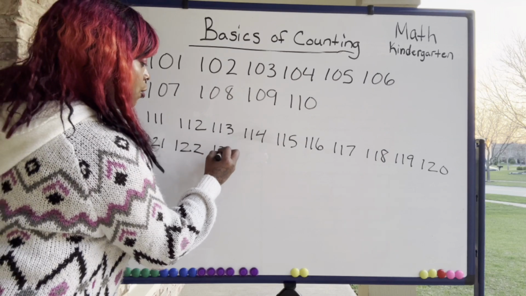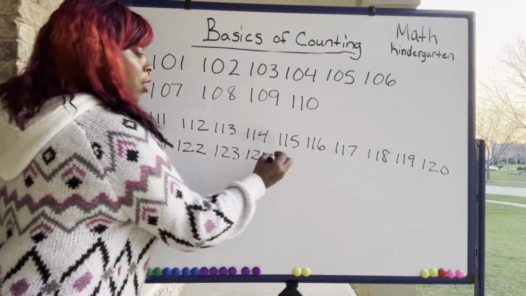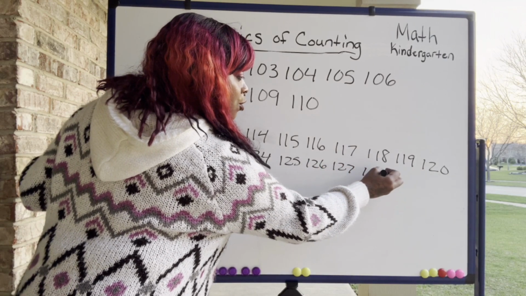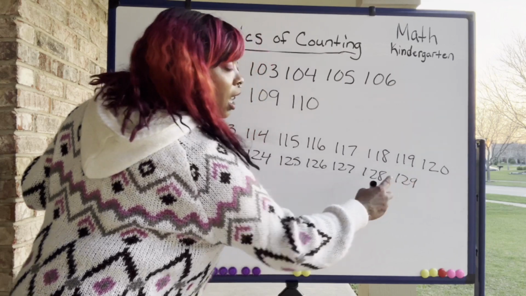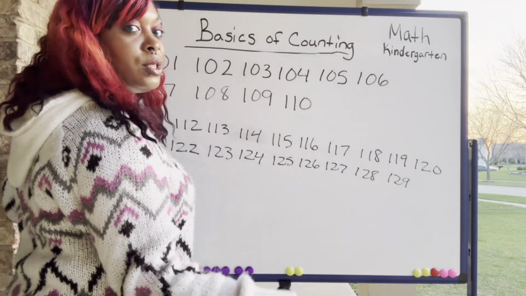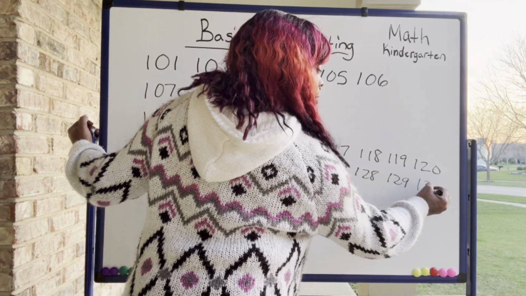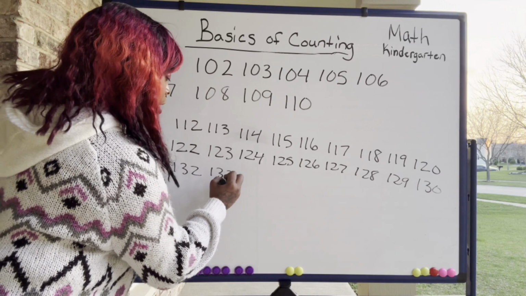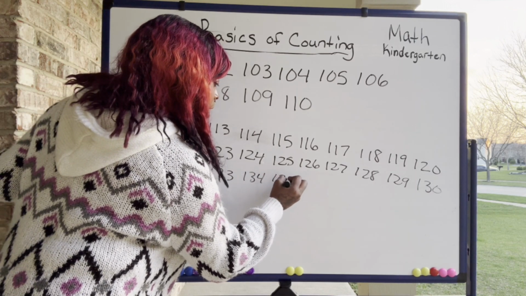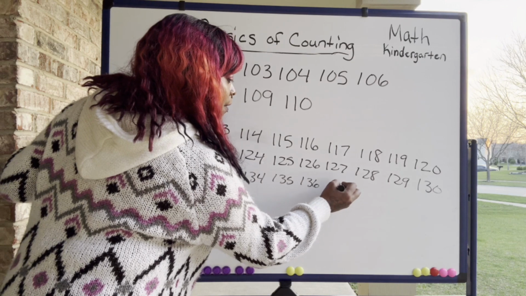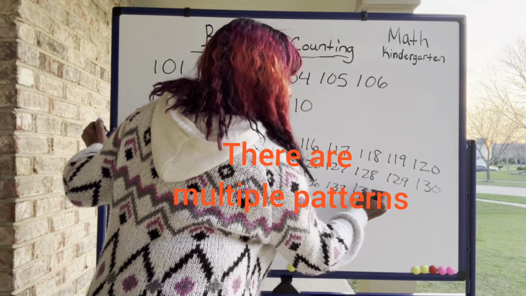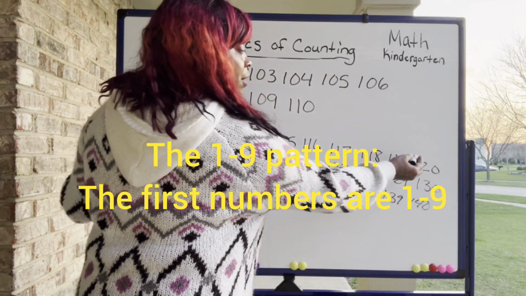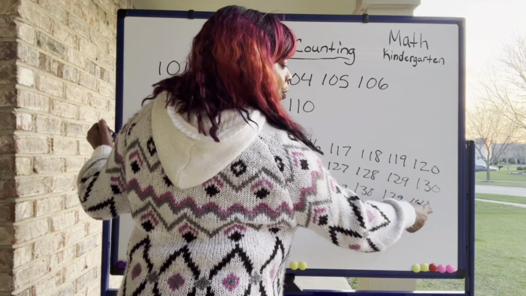122, 123, 124, 125, 126, 127, 128, 129. After the number 29, it was 30. So 130, 131, 132, 133, 134, 135, 136, 137, 138, 139, 140. See, after every 10, 110, 120, 130, 140,